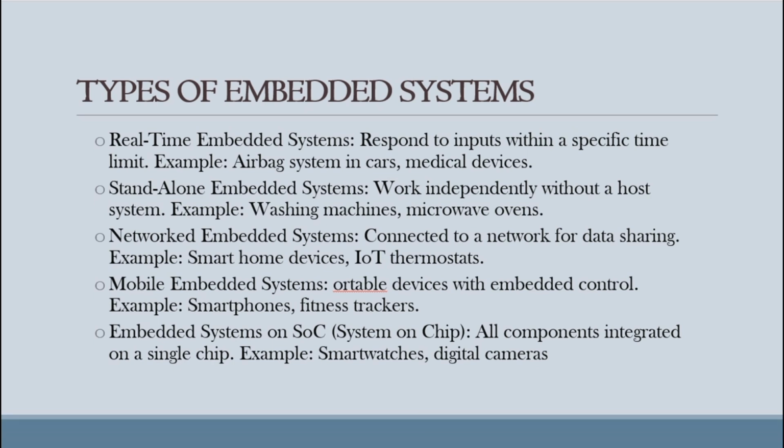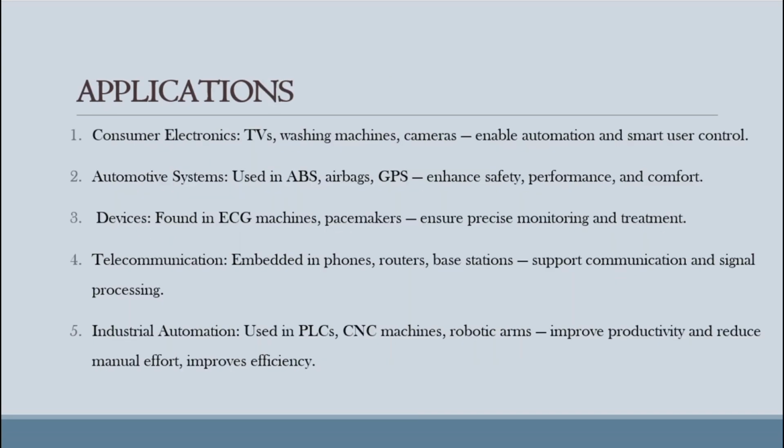Embedded systems are everywhere, from kitchens to hospitals. Based on their applications in the real world, these are classified as follows: consumer electronics. These are seen in TVs, washing machines, and even in cameras, which enable automation and smart user control, and also seen in automotive systems, which are used in ABS, airbags, and even in GPS to enhance the safety, performance,